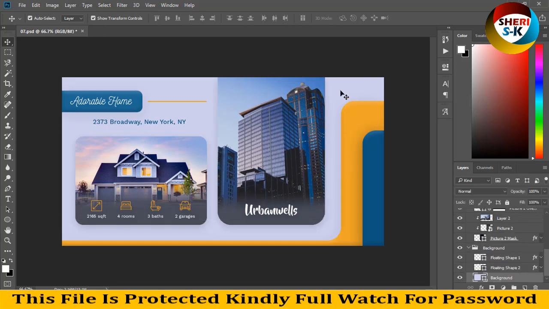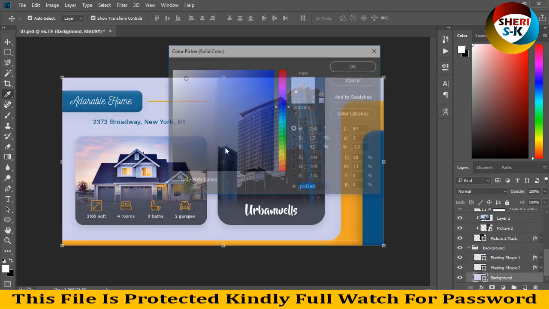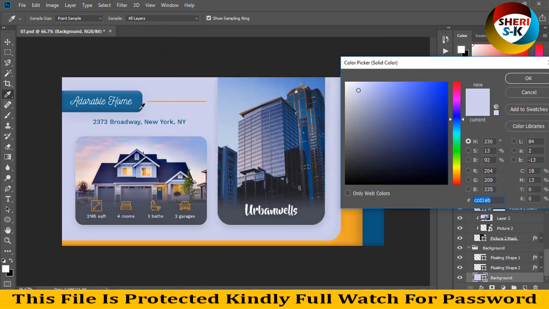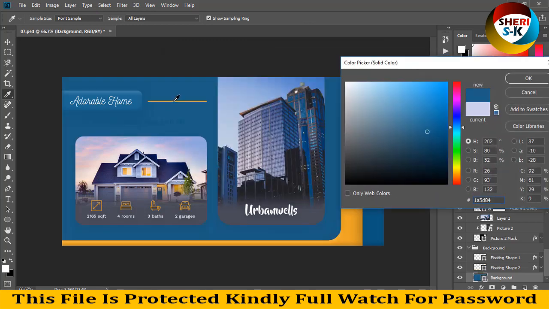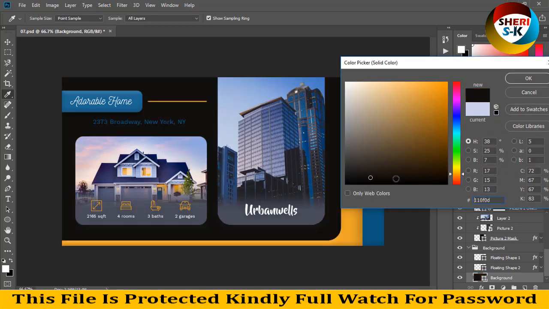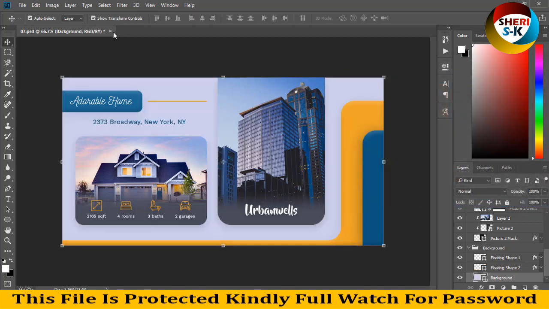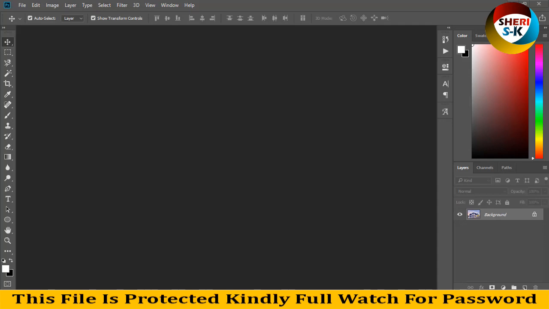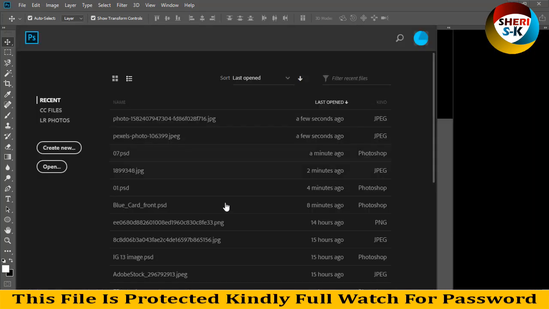Here, background, change background color, depending on your own choice. Okay, and now